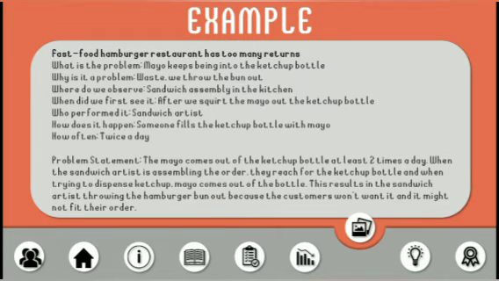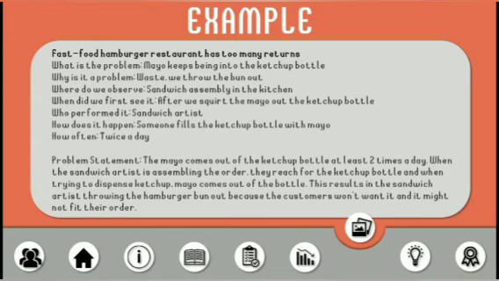And we have here a problem statement. The mayo comes out of the ketchup bottle at least 2 times a day. When the sandwich artist is assembling the order, they reach for the ketchup bottle, and when trying to dispense ketchup, mayo comes out of the bottle. This results in the sandwich artist throwing the hamburger bun out because the customers don't want it and it might not